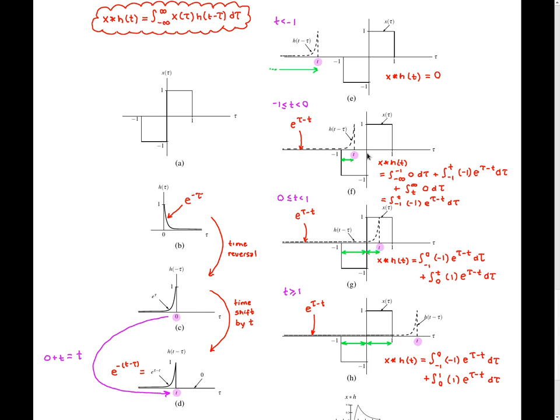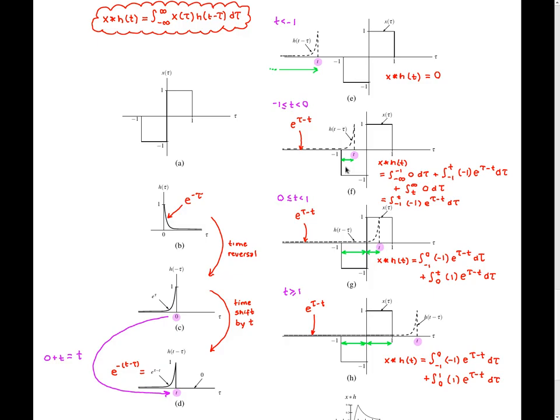And in this case, we're going to get a different integral to evaluate. And we'll see this in more detail as we go through this. We'll get a different integral than what we had above, which was just simply something that's equal to 0. So if we go through this in more detail, with the picture looking the way that it does in figure F,